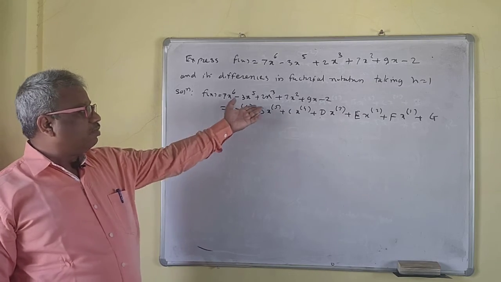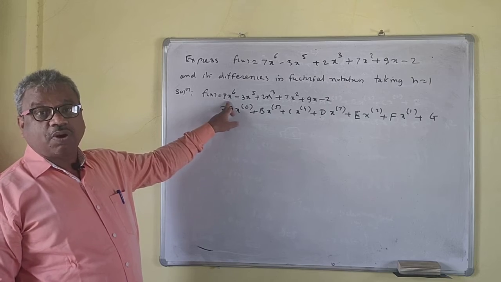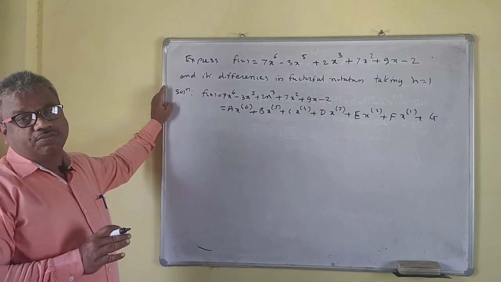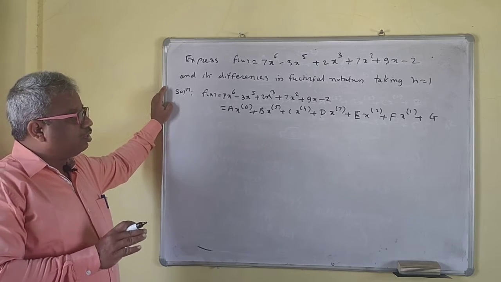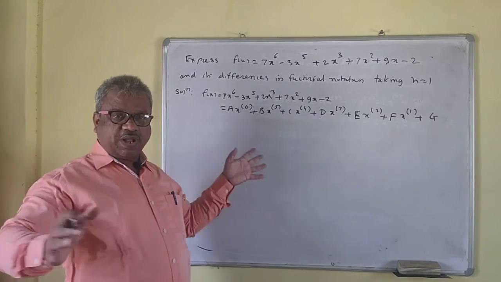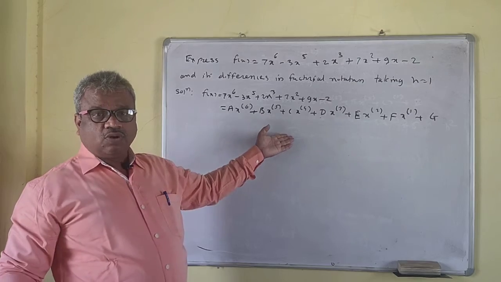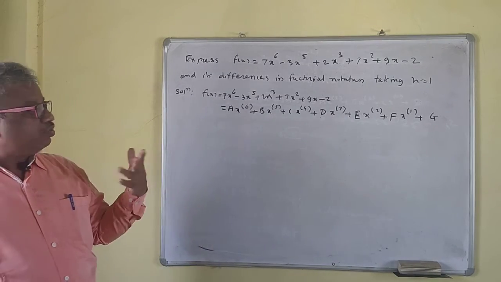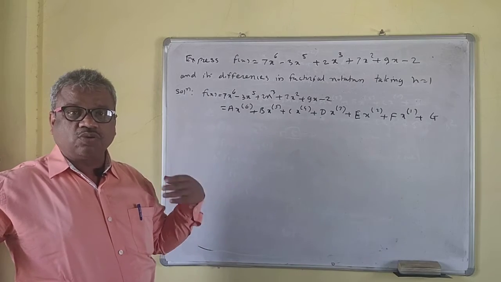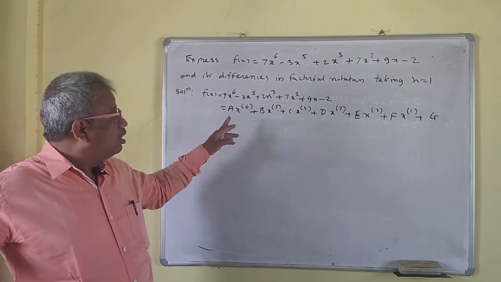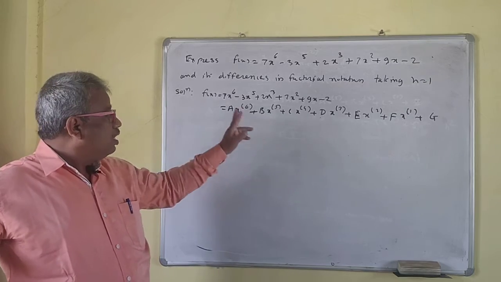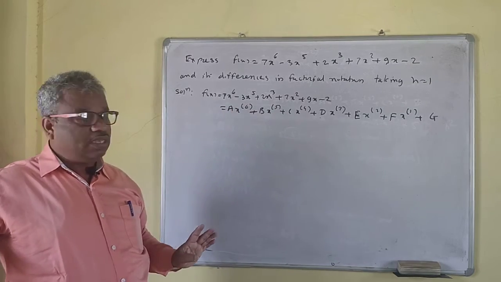So then this is what we have to find, a 5 to the power 6, 5 to the power 5. Now the problem is very complicated. You can expand this and collect the coefficients of x to the power 6, x to the power 5, x to the power 4, x to the power 3, x to the power 2, x, and the constant. How many constants is this? 1, 2, 3, 4, 5, 6, 7. So easily you can get the values of a and g.